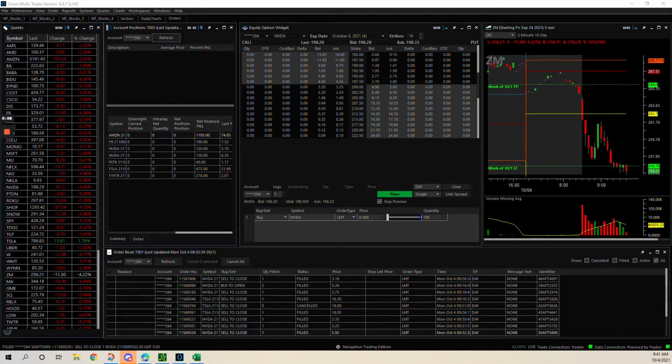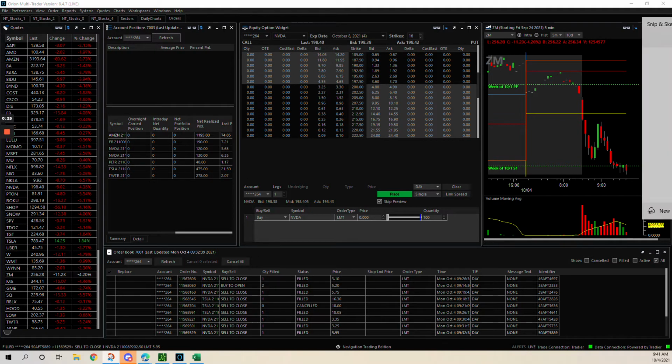Great start here. Let me show you something. This is what you want to see on a day of trading. Here's our symbols that I traded today and net realized profit and loss. Notice there is nothing in the negative. So that is how you make